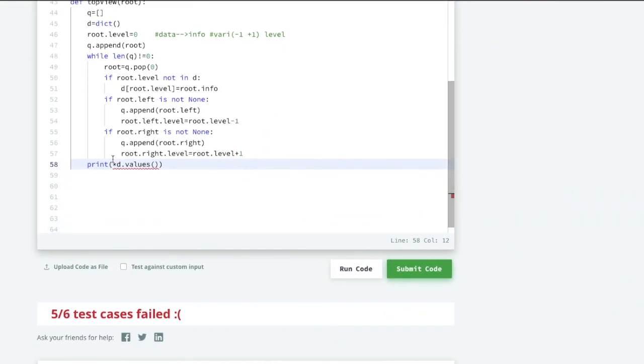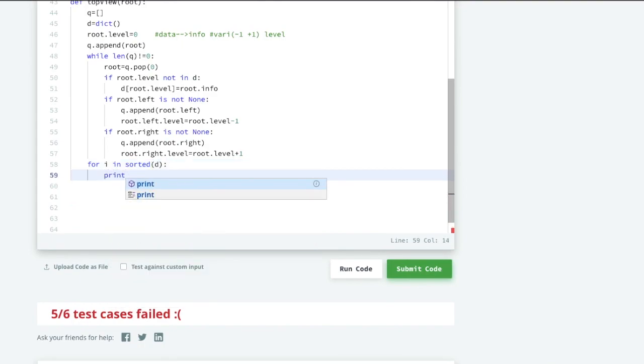So no need to worry, let us simply sort this. For i in the sorted dictionary, let us print the value.